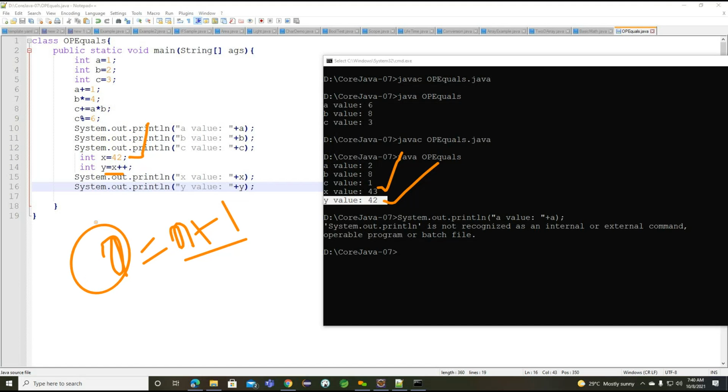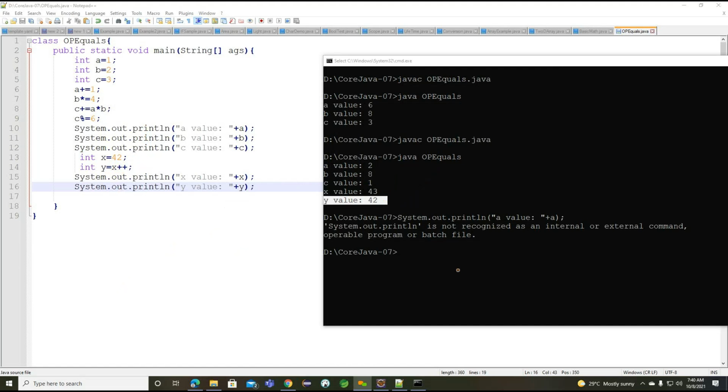Because of this, the x value is incremented, but the y value is whatever the previous y value was, the same y value we have here. Getting the point? We need to understand the increment operator here.